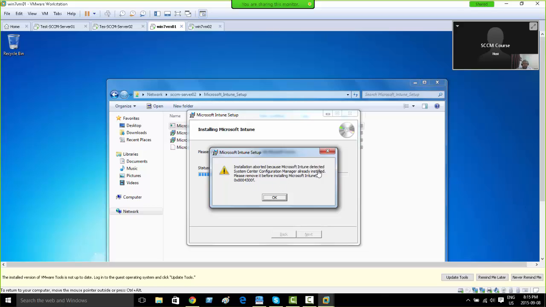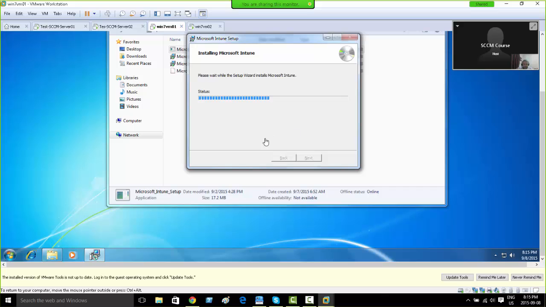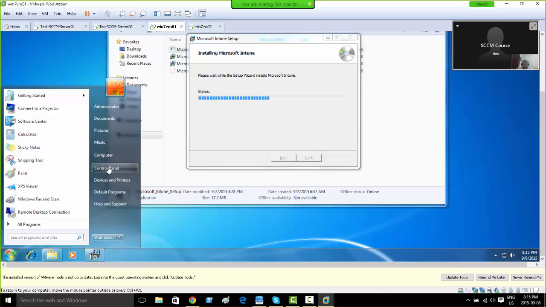Installation reported because Microsoft Intune detected System Center Configuration Manager already installed. Because if this is coming here and we don't know what to do, then we're gonna be wasting a lot of time. So that's why I wanted to really show that error here, that if this error comes, then make sure